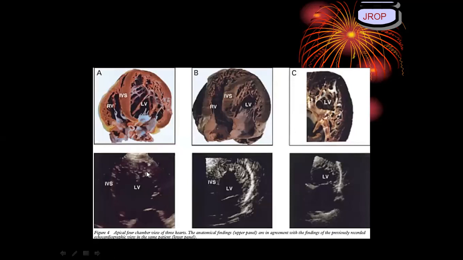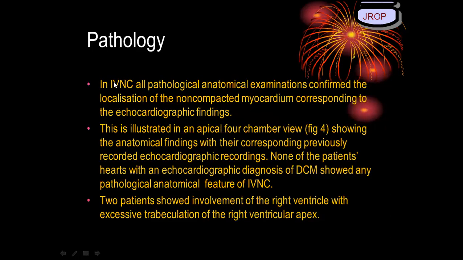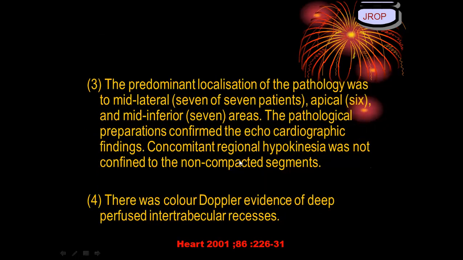And this is a picture of a patient where the echo was done over a period of 3 years, where this non-compaction did not disappear at all. This is the non-compacted segment; basal segments are relatively preserved. Apical lateral is very well involved in non-compactions. This is what pathology is. All pathological anatomic examination confirmed that localization of non-compacted myocardium corresponds to echocardiographic features. And these people, they do not have any reversal. This is the most important take-home message.